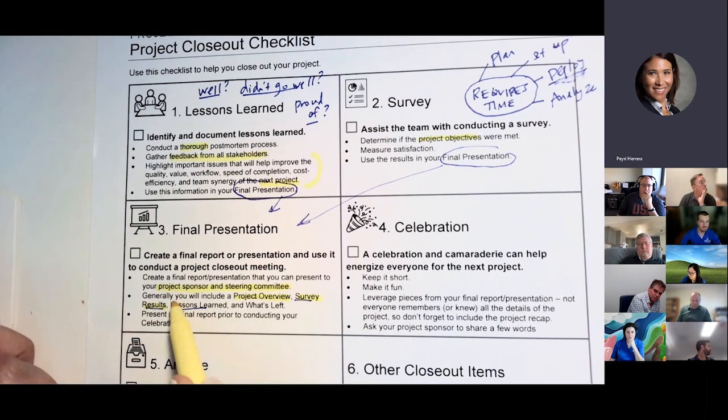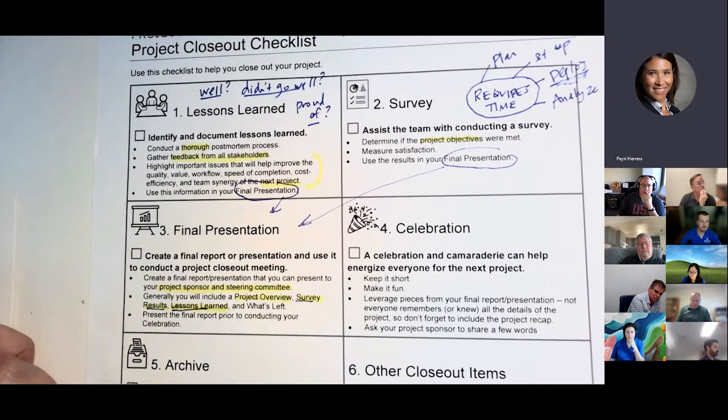Lessons learned, that's where you put into your presentation what we got out of this project and what we're taking forward. So we learned that we did not have a thorough testing process for our MFA project. We learned that we didn't allow enough time to test and it wasn't formal enough. And we didn't realize that people did access their apps in so many different ways. So when we roll out a security project next time, we're going to make sure that we put more testing time in. That's an example of a lesson learned. Okay. It's also great to share the things that people are proud of in this document.